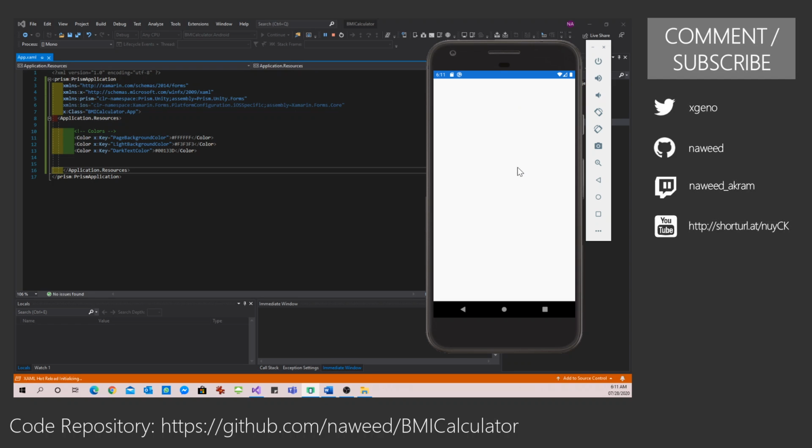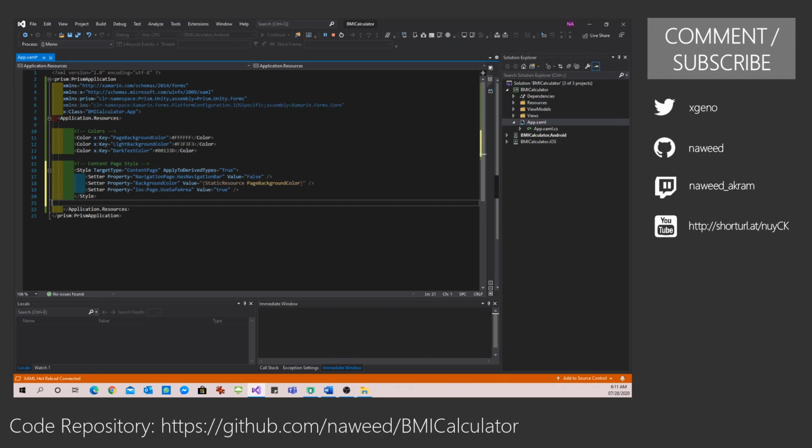The application is loading. So you can see over here this navigation bar. We do not want this navigation bar. So this is the reason we are bringing this in. We are applying this to all our content pages, and we are saying that we do not want to show the navigation bar. The page background color is going to be this particular color, and for iOS applications we are going to use the safe area. Similarly, I am going to define a style for my buttons. I only have one button style in here.